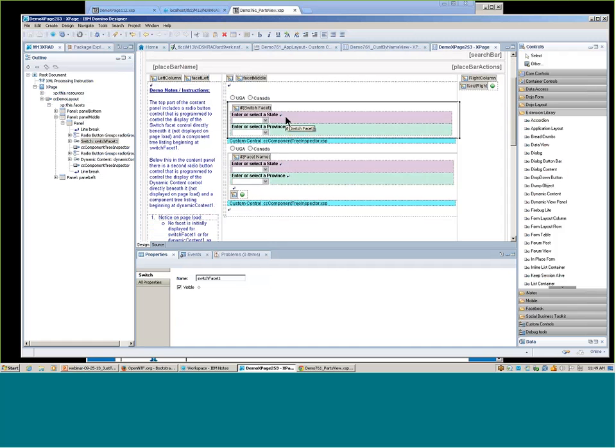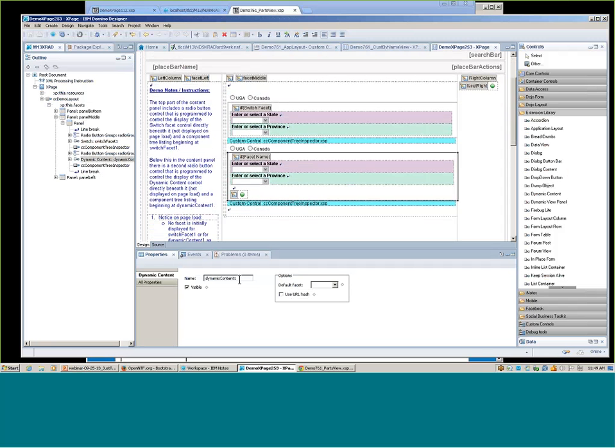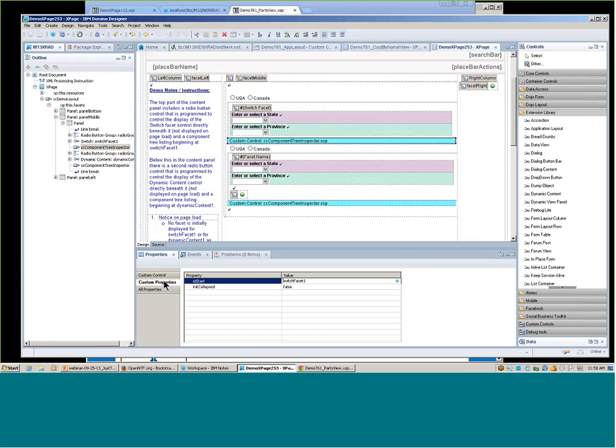So this XPage has a switchFacet control called switchFacet1 and a dynamic content control called dynamicContent1. Same thing. You choose USA or Canada, and it shows you the appropriate dropdown to select state or provinces. What we also have on this XPage is this custom control. Again, I got to thank Tony McGuckin for this. But this custom control basically shows a component tree dump, what's on the server in the component tree starting from switchFacet1, and in this case, starting from dynamicContent1.